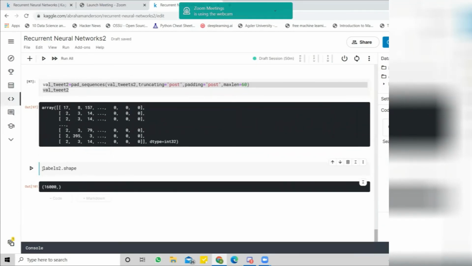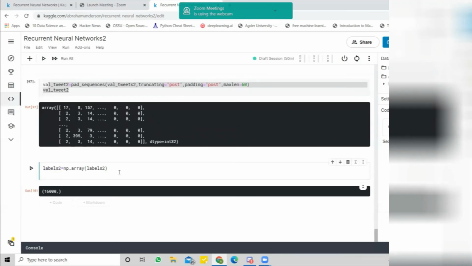For example, we can do labels 2. We can create a numpy array if it was not an array: numpy array labels 2, and this is a very good and common way of transforming a normal Python list into a numpy array, right?